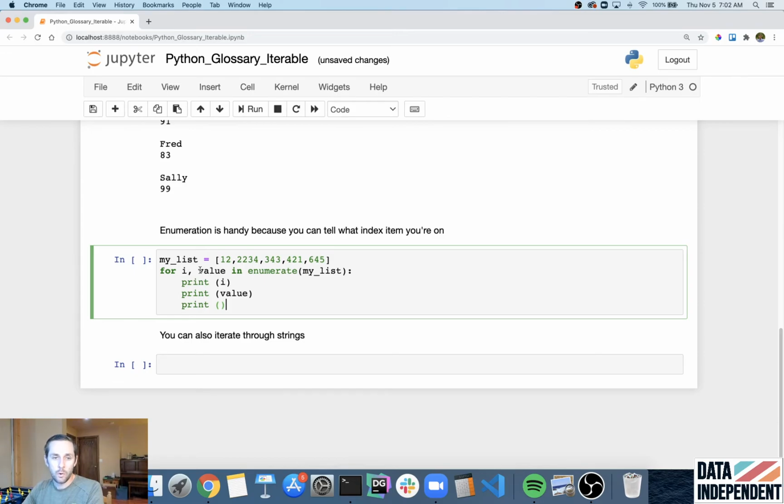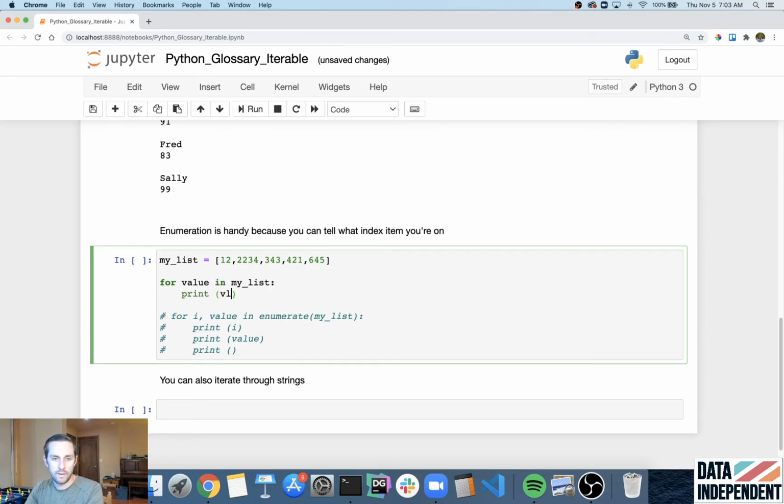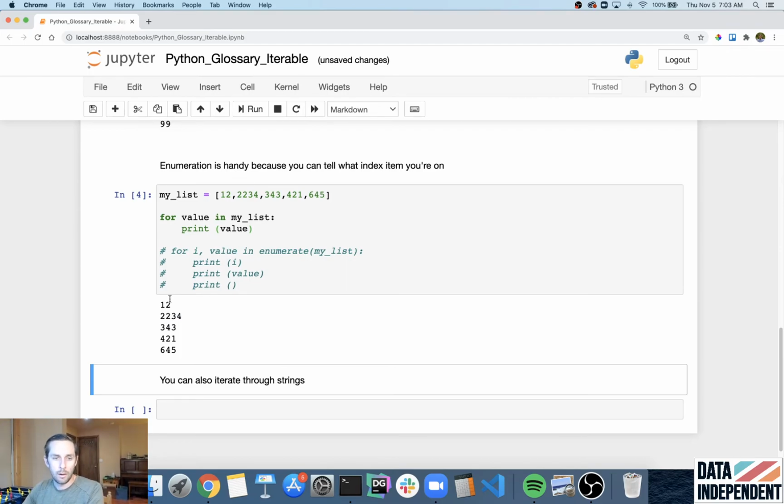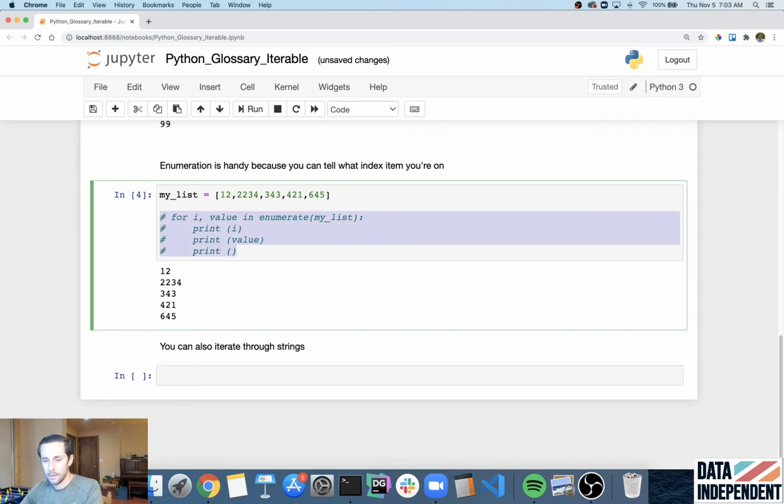So in this case, let's do a separate first example here. If I were to just go through this list, we'll call this for value in my list, print value. You get all the different values right here. But what if I wanted to know that 2, 2, 3, 4 was actually item number 1 in Python, because we index at 0? Well, in order to do that, you can do the same thing that we did there,